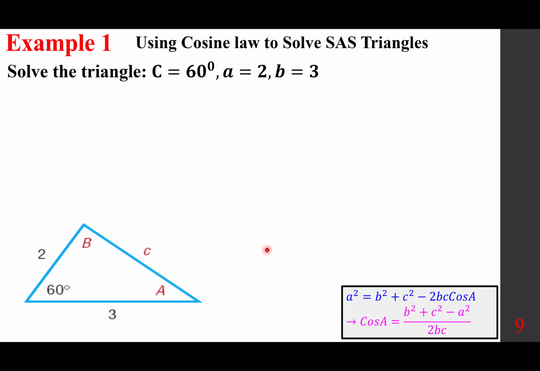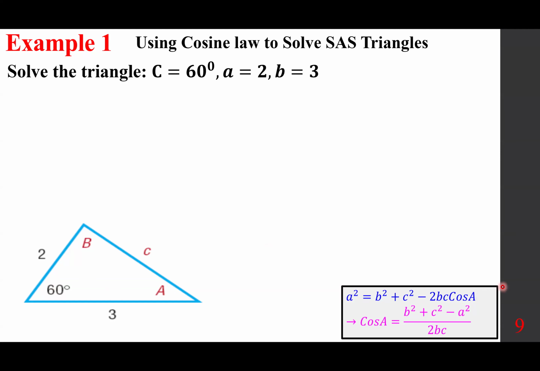All right. So let's see what is given and what is missing. So we are dealing with this angle being 60 degrees. This is 2, this is 3. So we can find this one,